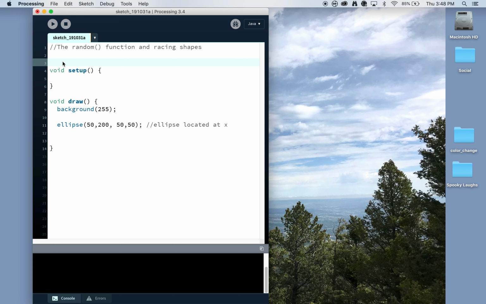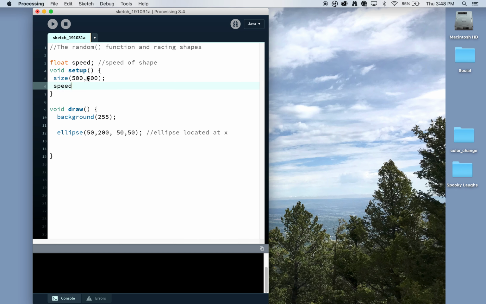As the random function returns decimal values, we need to use a float variable, and I'll call it float speed and label that as speed of the shape. In setup, I should probably include a size, and then I will initialize my new speed variable by